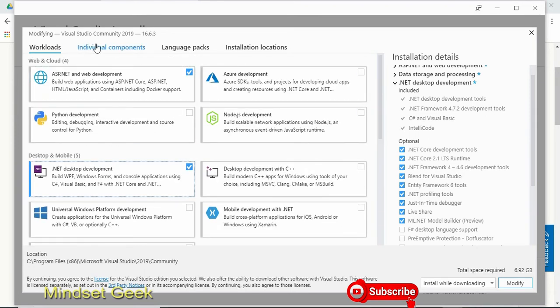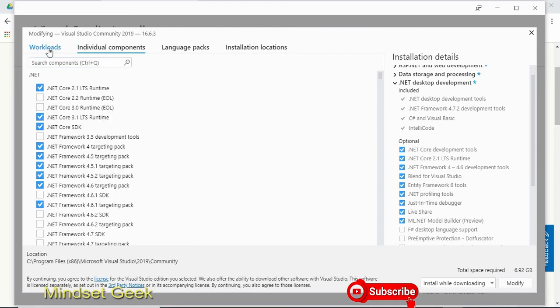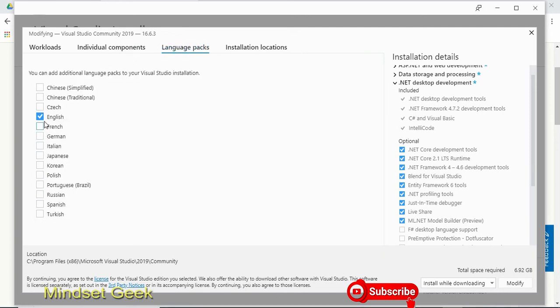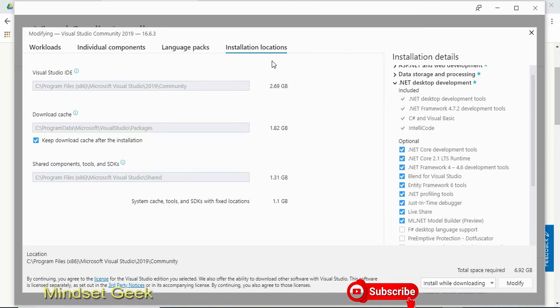These are the packages. Then if you want to install individual components, you can click here and install packages individually. You can change your language, whichever language you prefer. I use English as the default language. Right, you can also change the installation location if you want.